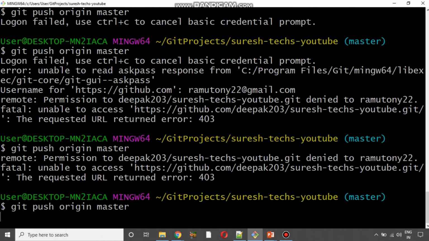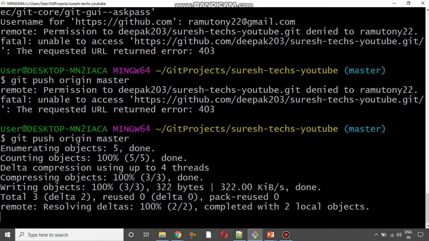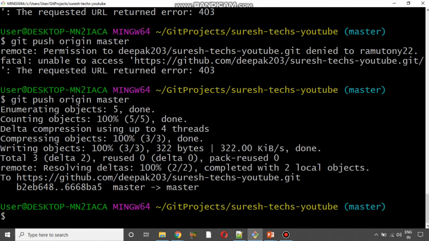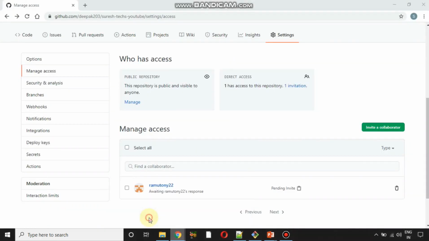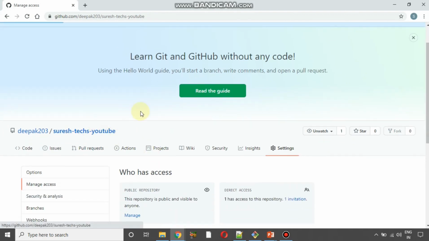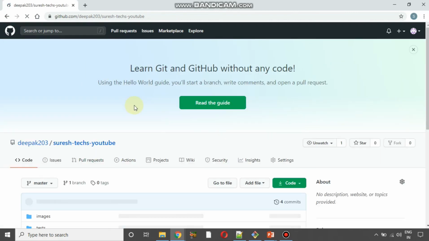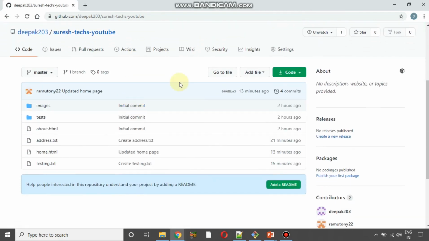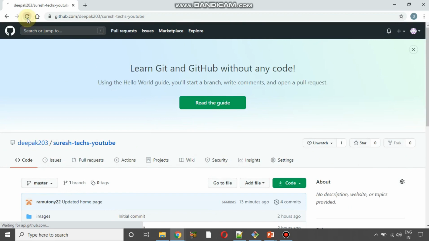Now remember, whenever you are asked to work on a project, you will be provided with the permissions also. Now if you look here, Ramu is successfully able to push his changes to the remote repository. So now if I open the remote repository, okay, this is my remote repository, right? So I should be inside here now. Now if you look here, this is our remote repository, and we can see we do have 4 commits.